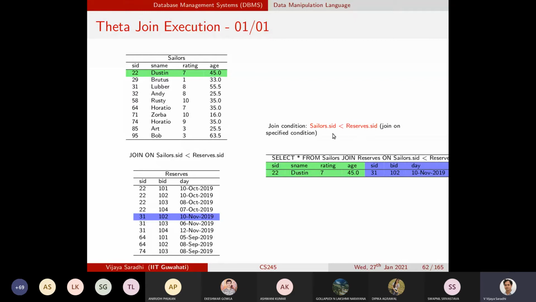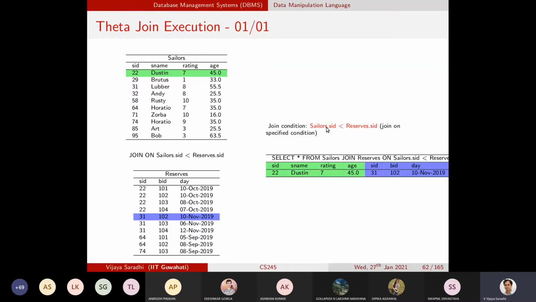For example, if you say that I do not want equality on sailor's ID and reserve's ID, instead I want inequality conditions. So in this example, we are trying to say retrieve all the records in which SID in sailors is strictly less than the sailor's ID in the reserves table.